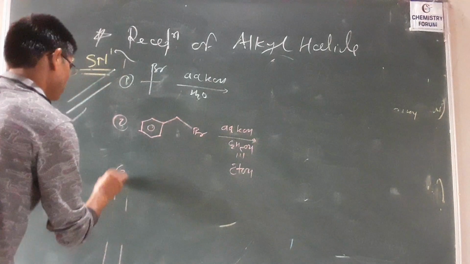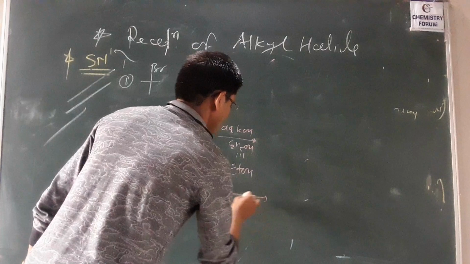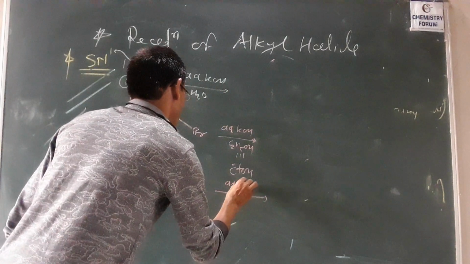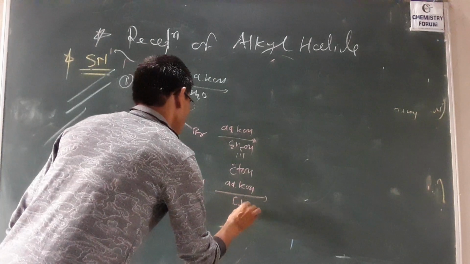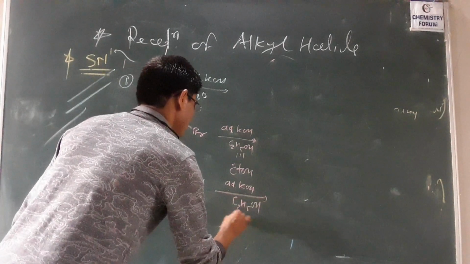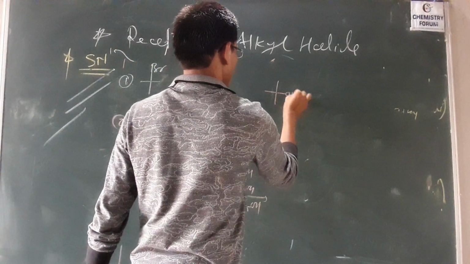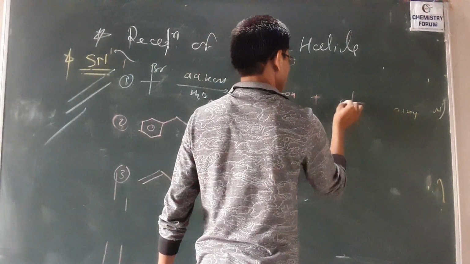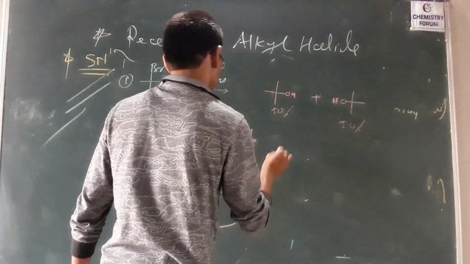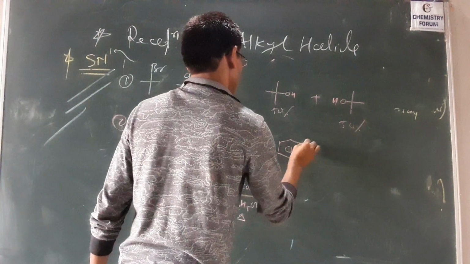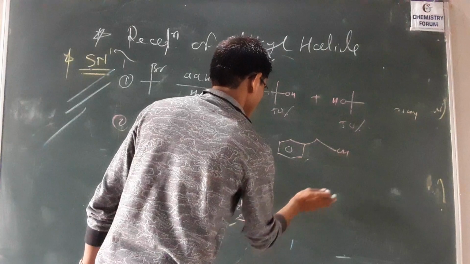The third we have to mention is allyl halide, that is allyl chloride. You can take aqueous KOH, potassium hydroxide, with C2H5OH polar solvent and heat. So this is the OH, and again this is the OH, so 50% this one and 50% this one. So again the formation of such type of product is there.